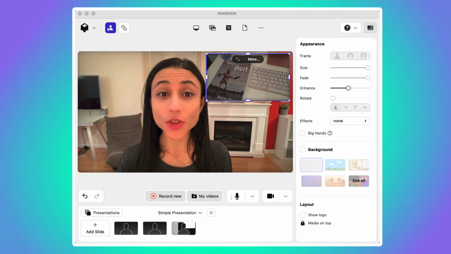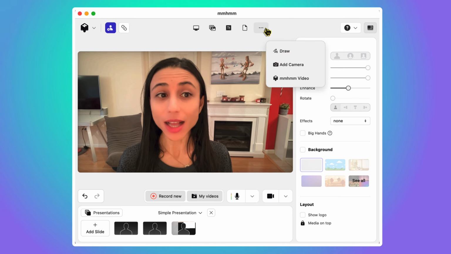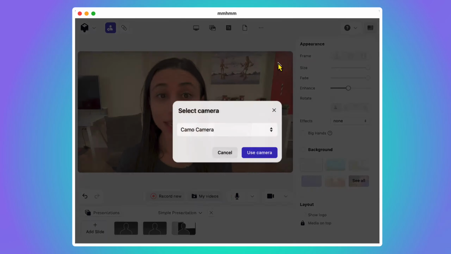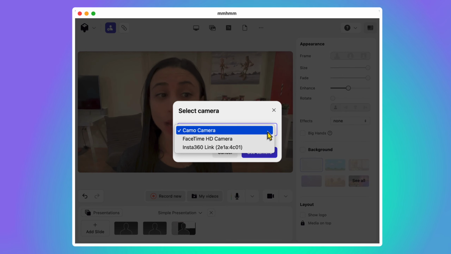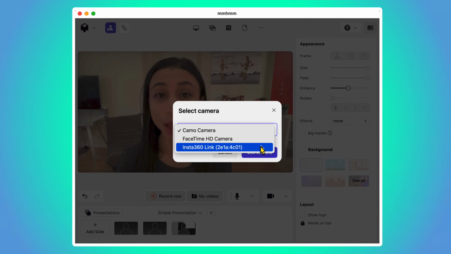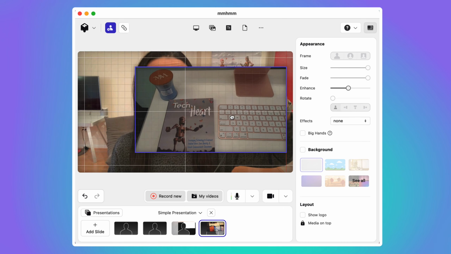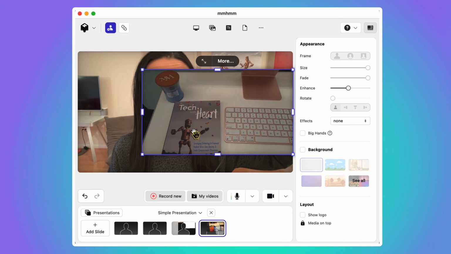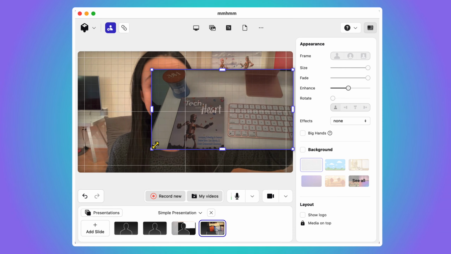With mmhmm, you can capture multiple cameras simultaneously. Click the 3 dots to get more options, add a camera. From there, you can choose what camera you would like to select. So I'm recording with my main camera, my FaceTime camera, but I also have a web camera set up that I can do an overhead shot. Let's pick that one. And now you can see that I have my webcam here and my main camera in